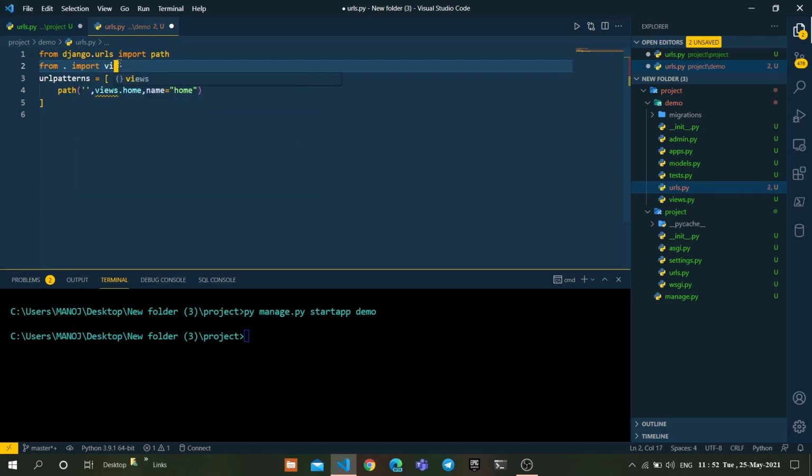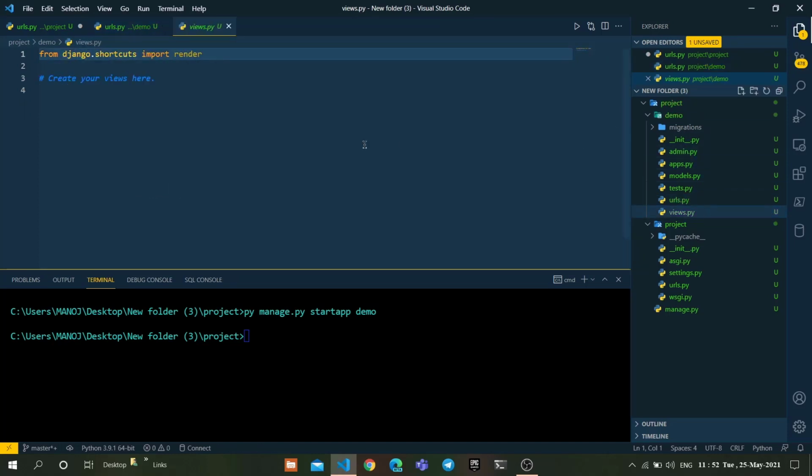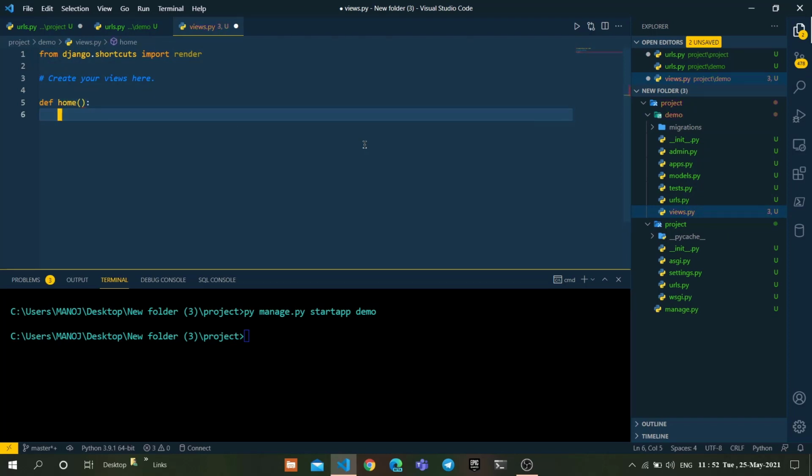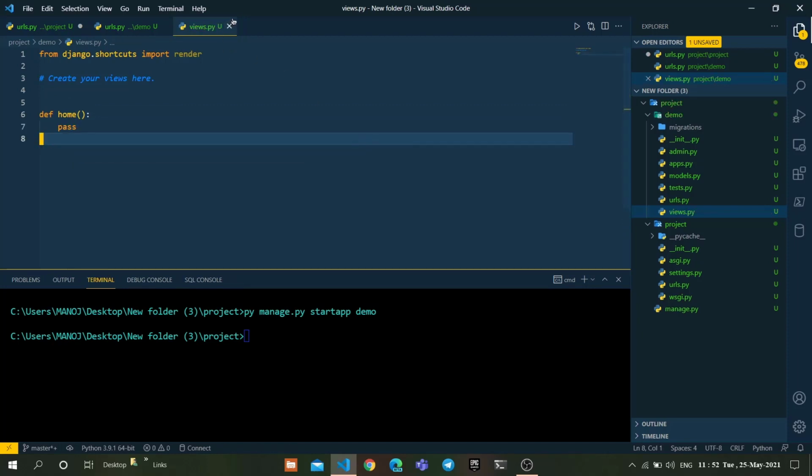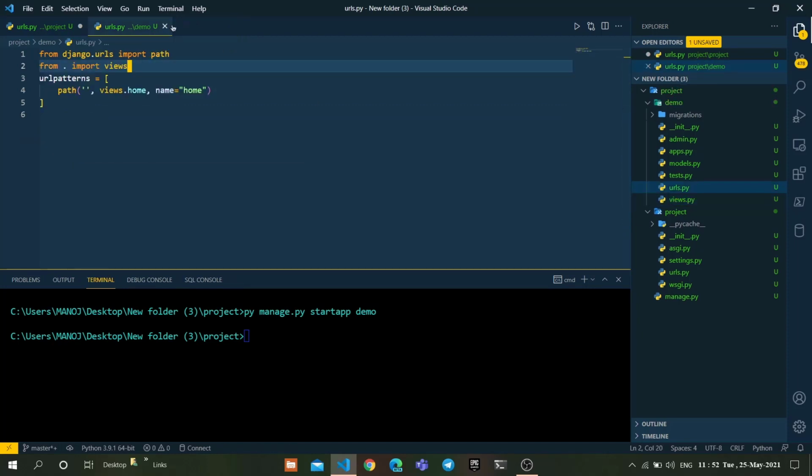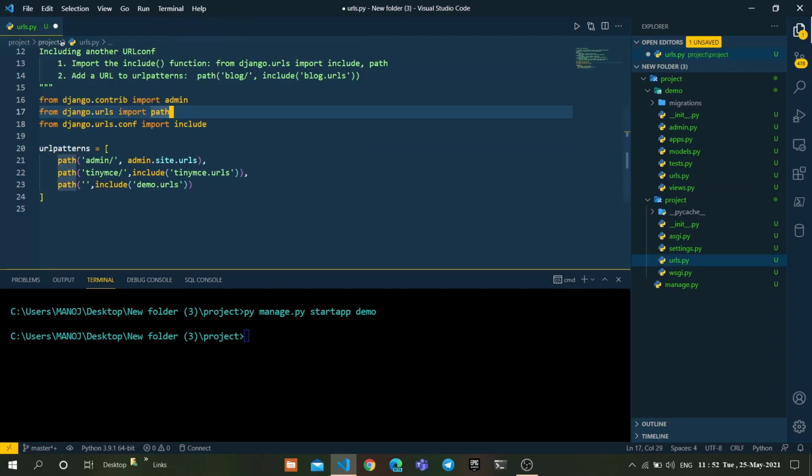After that, go to the views.py file and create a dummy function called home, which is the view we have configured in the urls.py file. What you can do is def home with pass. It's a dummy function, it will return nothing. Just for configuration purposes, we have written that.